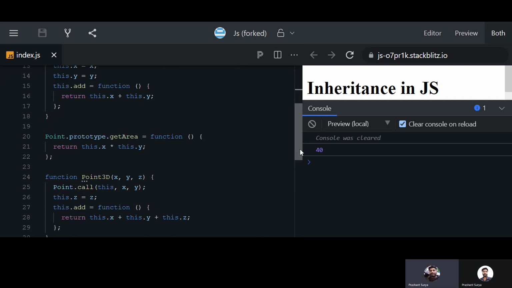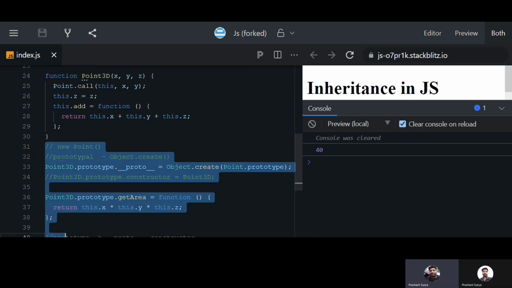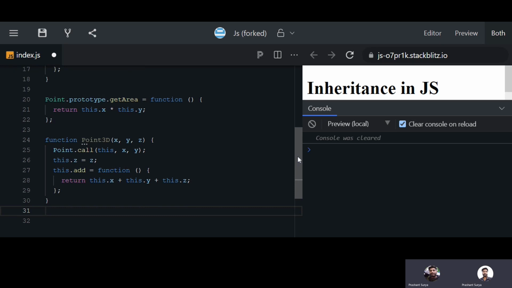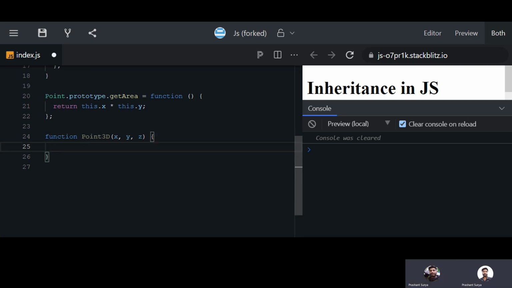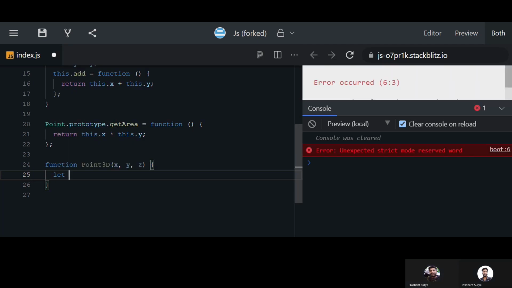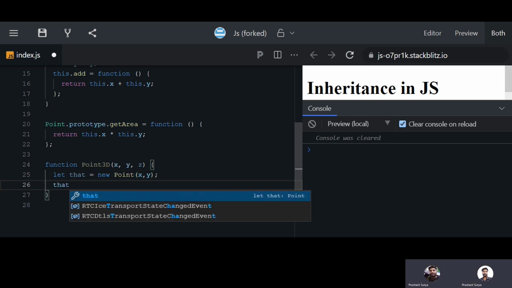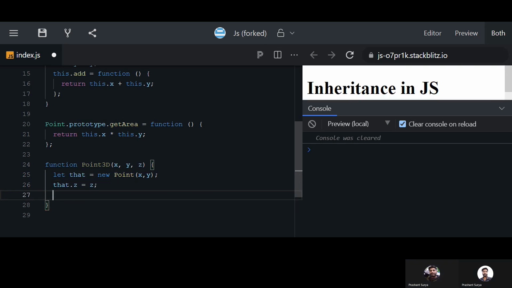So similarly this is the thing, and we have to remove this one. Now all the things are there. Now what you will do, if you want something, here you will have let that equal to new point parent one and with value x comma y. That dot z equal to z, and